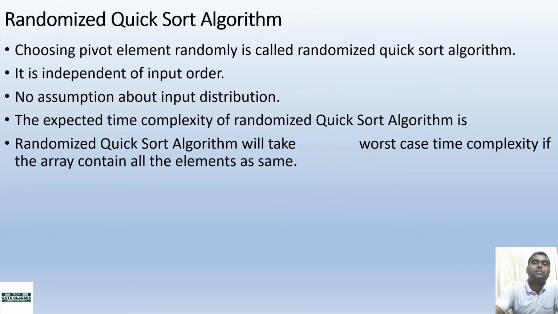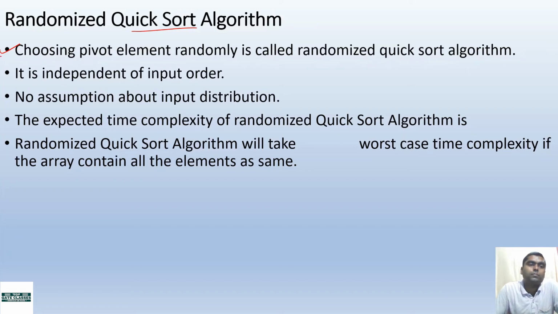Okay, so let us see this also, the randomized quicksort algorithm. This is an interesting concept in quicksort, randomized quicksort. So the quicksort algorithm is the same, but what is the randomness? Randomness is in the choosing of the pivot element. So if we are choosing the pivot element randomly, whereas earlier in our algorithm we selected the first element as the pivot element. But if we are choosing the pivot element at random, then that particular quicksort algorithm is what? Randomized quicksort algorithm. So this is the very first point, that choosing the pivot element randomly is called randomized quicksort algorithm.